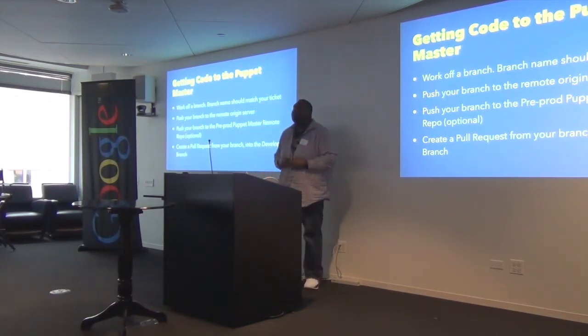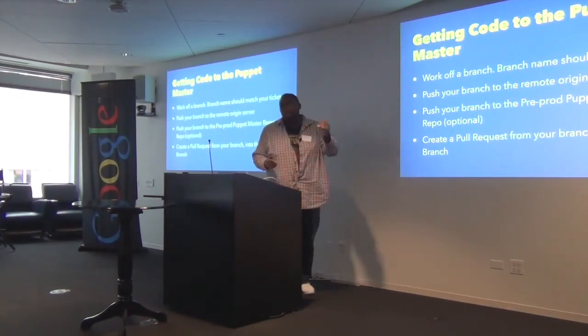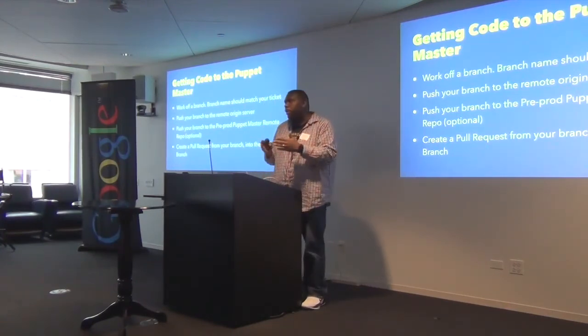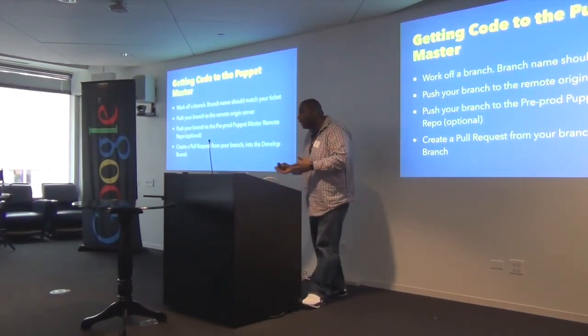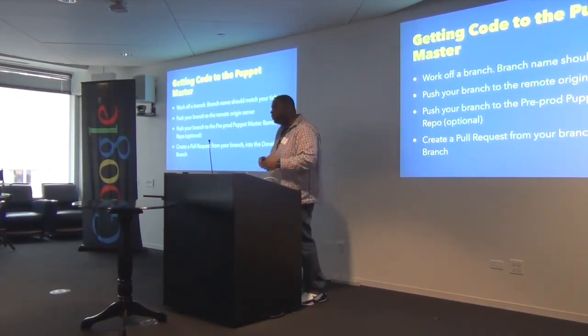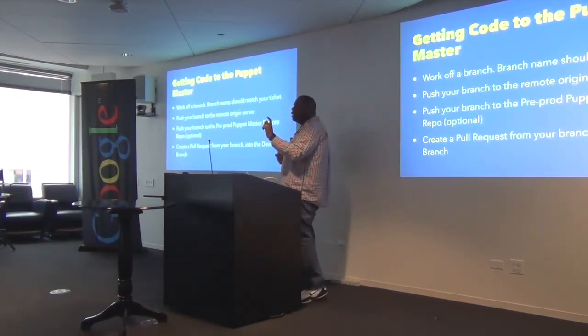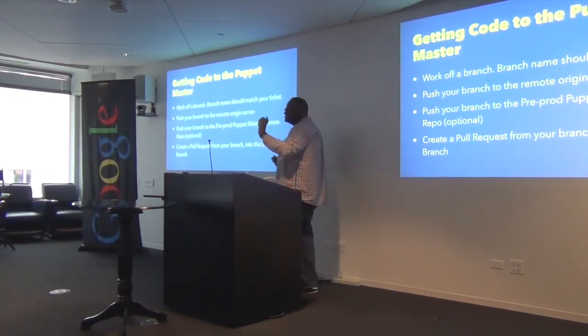So, getting code to the Puppet master. All right, in our environment, we all work off branches. So we branch off master. Your branch name should be named after the ticket that you're working. Everything has to have a ticket. We're at that phase of our growth at Grubhub. Everything needs a ticket. But it's nice because with the ticket ID, it's easy to link that change to an